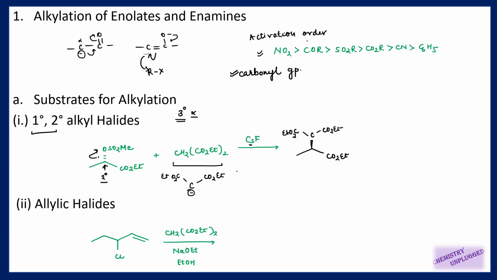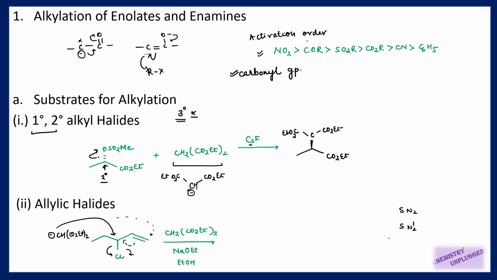Next is allylic halide. Here we have again diethyl malonate, so we will again generate the same type of enolate, and this enolate can attack in two ways. It can attack on this carbon and Cl will be removed, or it can attack on this carbon, this bond will shift and Cl will be removed, right? We have seen in the summary of Clayden's book that this type of allylic compound can follow two mechanisms: the SN2 mechanism, or the SN2 prime mechanism, right?